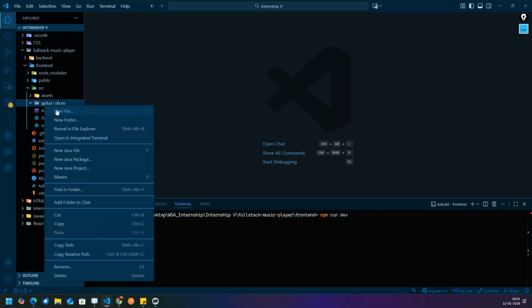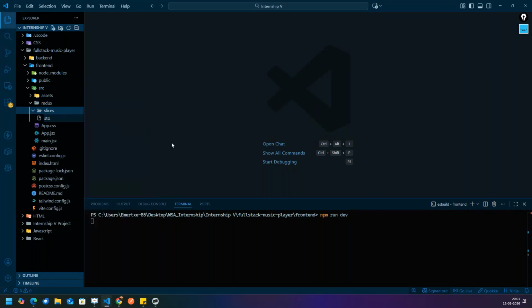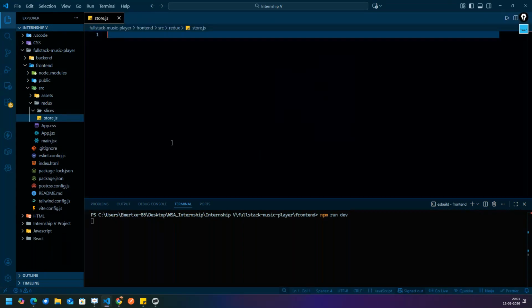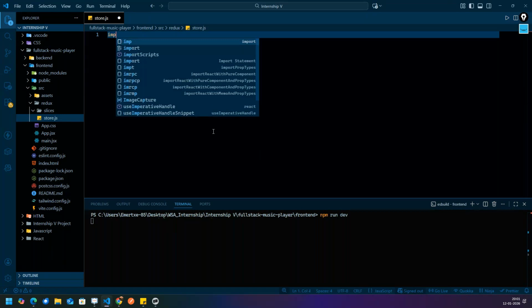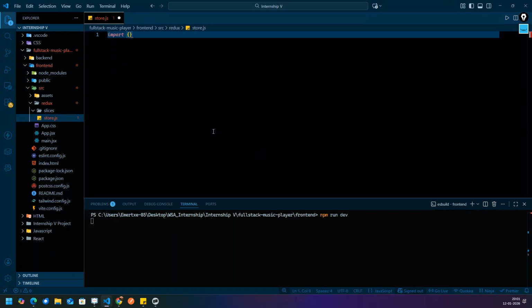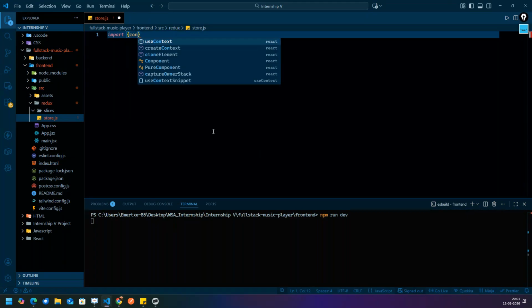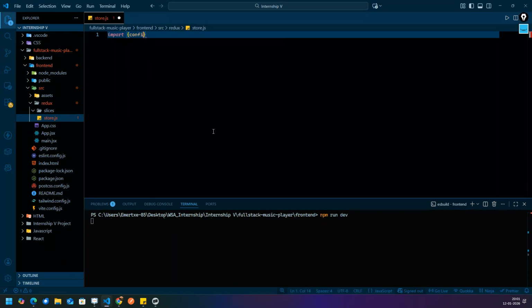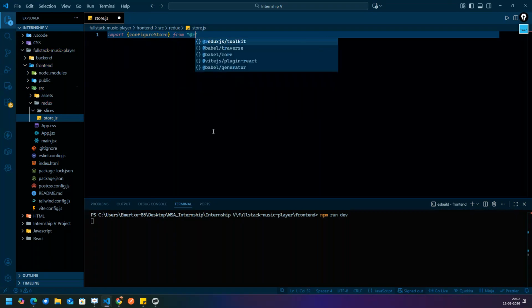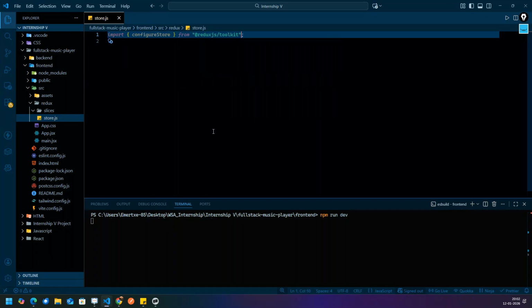So new file over here, I can write store.js. Fine. This is your almirah, this is your cupboard over here. So how to write a cupboard? You see everyone. Import configureStore from @reduxjs/toolkit.